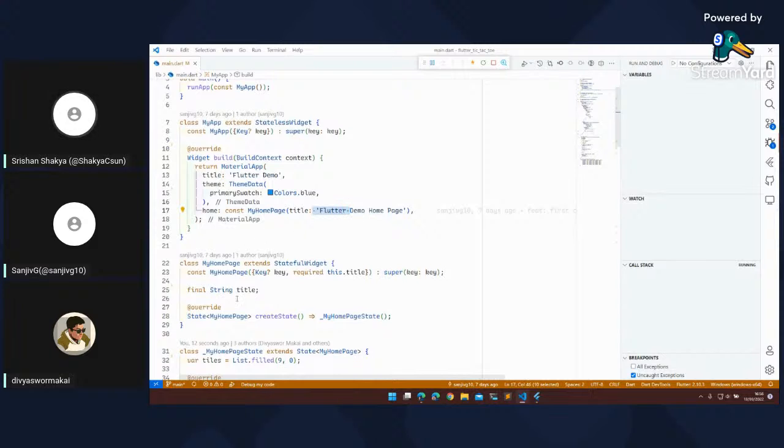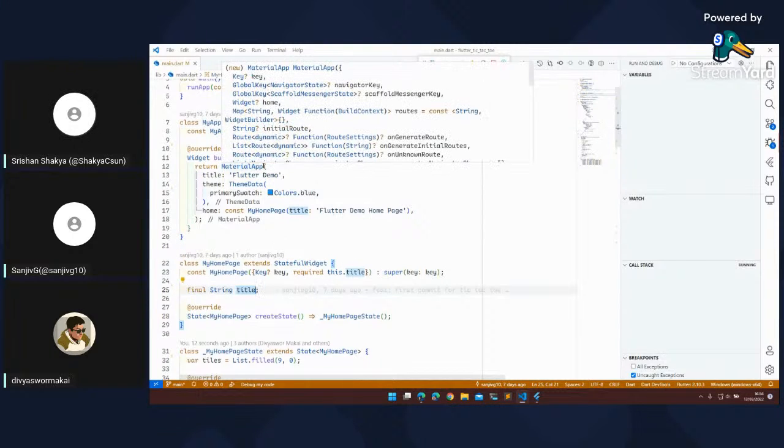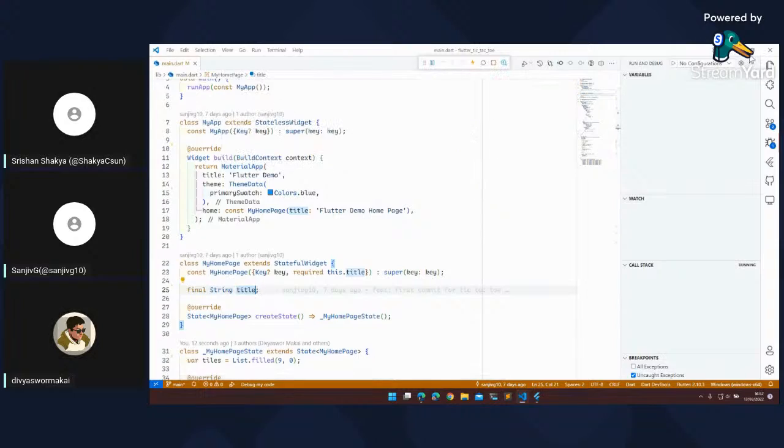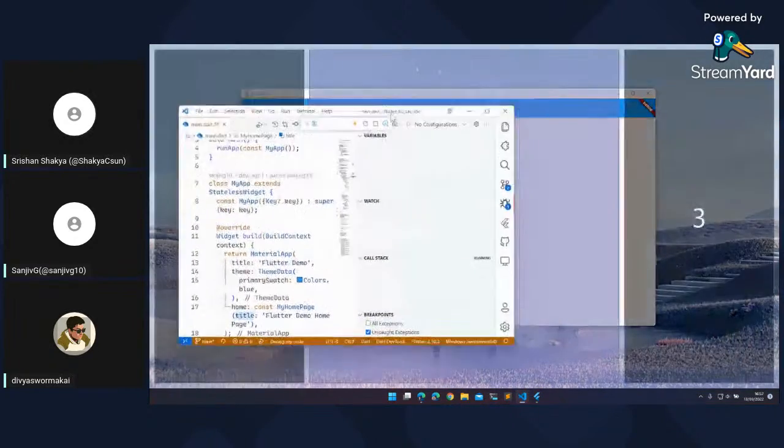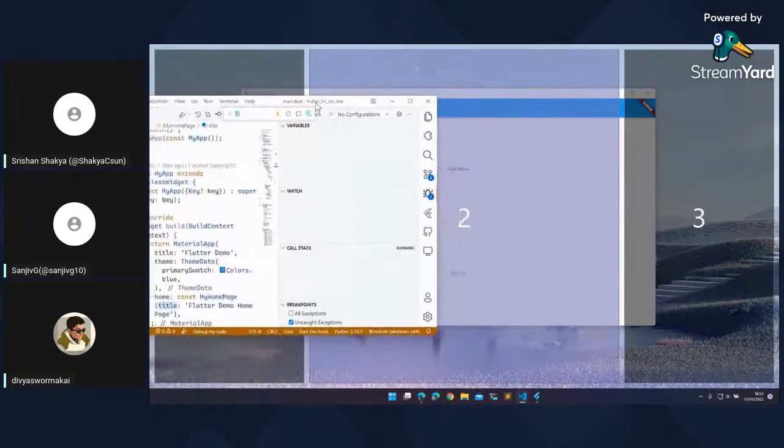Since this title parameter should be assigned in the constructor, this is final. But if we assign in class, these declarations will be a little different.